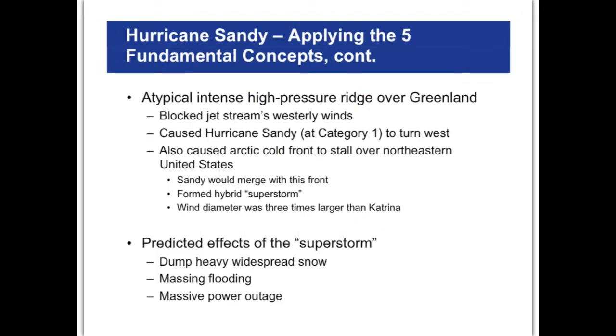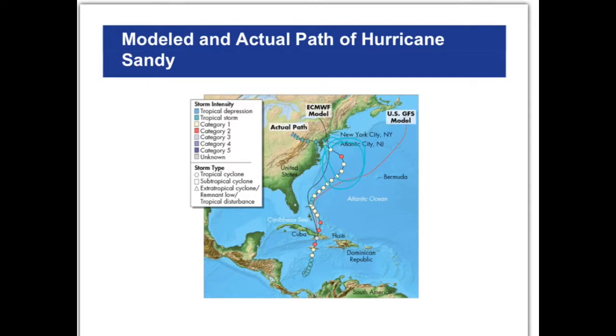And so Sandy was kind of unique, like I mentioned before, in the fact that it was a hurricane that turned into basically an extratropical cyclone. Well, there was a high pressure area, cold air, over Greenland and over the northeastern United States, right? An Arctic cold front right here. And so, let's see, I'm going to go back here a second. All right, so up in here was this kind of cold front. Cold air on this side pushing into warmer air right here.